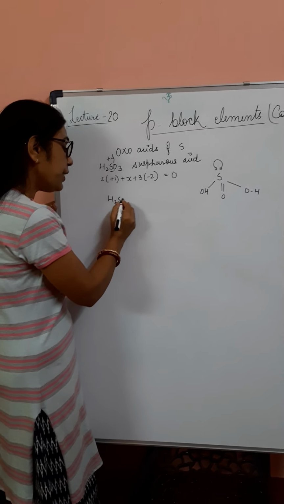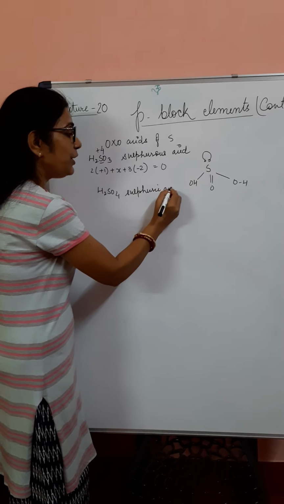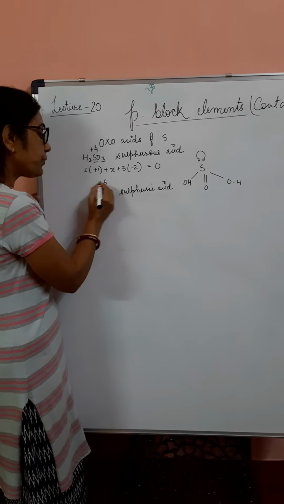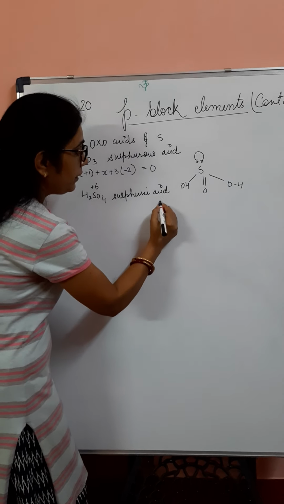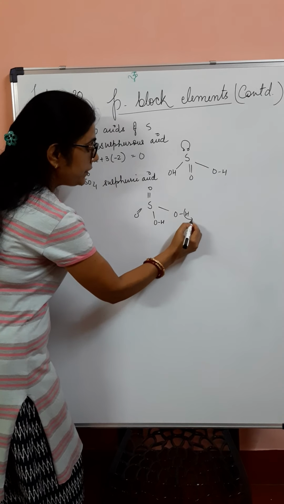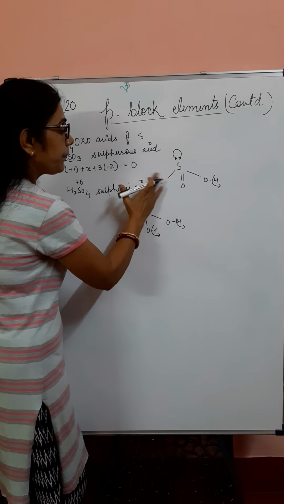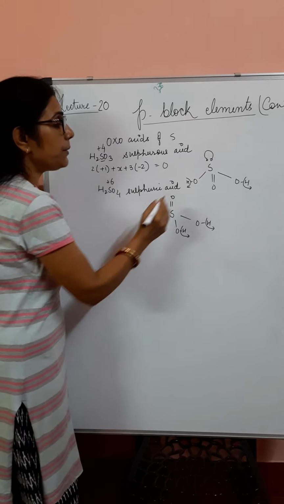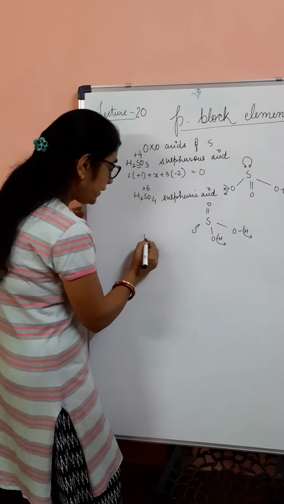Next is H2SO4, that is sulfuric acid. Everybody knows about sulfuric acid. So here minus 8 and plus 2, so the oxidation state becomes plus 6, and the geometry in this case will be, and you can see that these H plus ions, these hydrogens which are replaceable, they are attached with oxygen and therefore they are known as oxo acids.